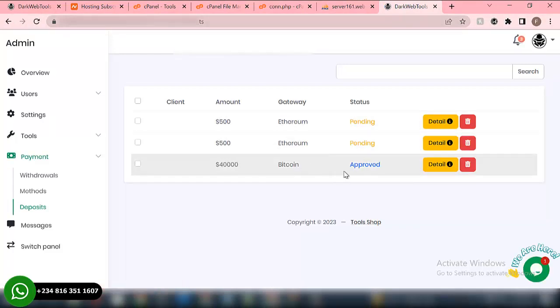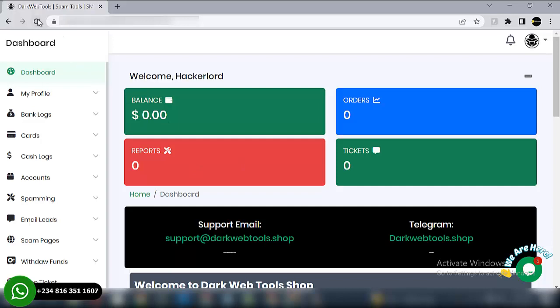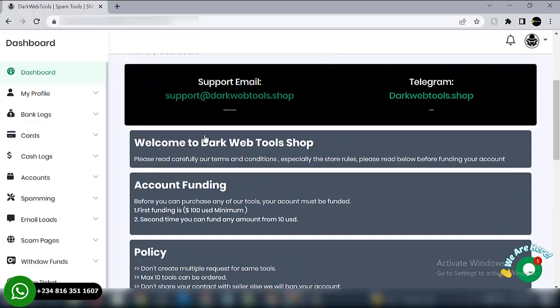Okay, so as you can see now, the status has changed from pending to approved. The next thing I need to do is go back to the user dashboard and refresh this particular page. So let's refresh. Okay, so that's it. As you can see, $40,000 is showing on this particular